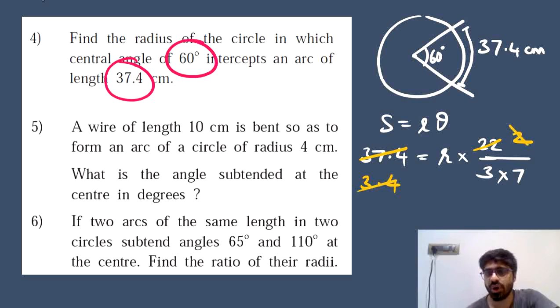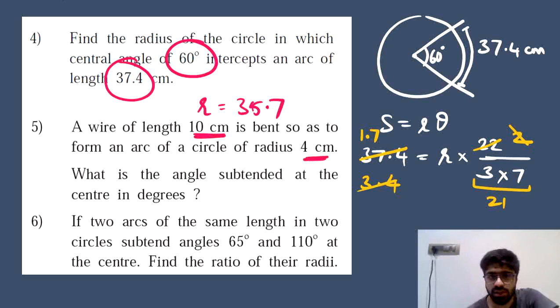2 cancels of 3.14 and you have a 1.7 on the left. 3 into 7 would be 21. That 21 also goes on the left. And we finally get the value of R as 1.7 into 21. 1.7 into 20, that would be 34. 34 and 1.7 would make it 35.7. So the radius is 35.7